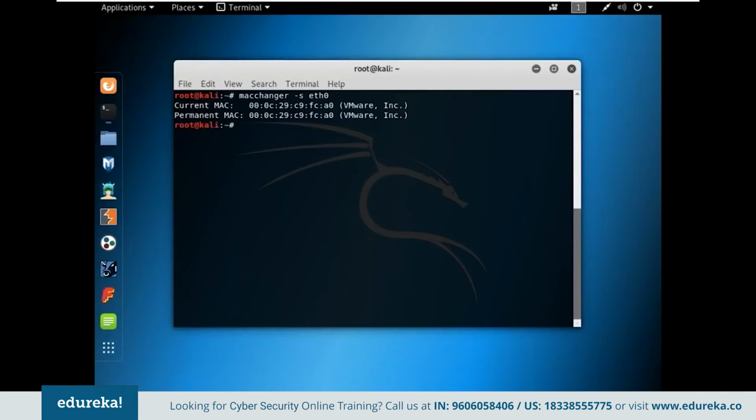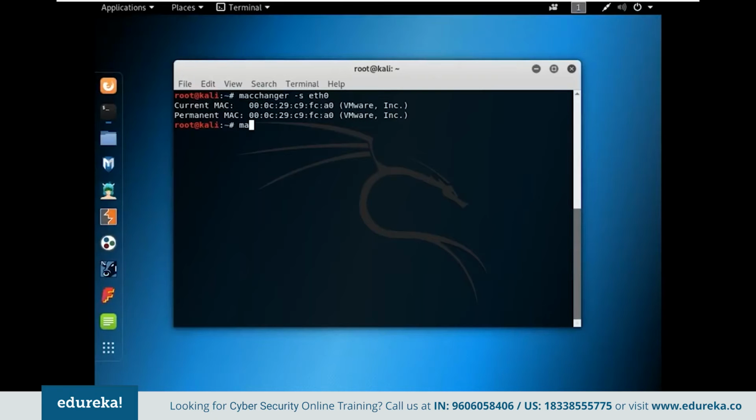As you can see, it shows me two MAC addresses, current MAC address and permanent MAC address. Guys, remember one thing, this permanent MAC address belongs to your network interface card, that's eth0, the device which we just checked the MAC address for. This MAC address basically specifies the address of the device which you're using. So the first 3 octets belong to the manufacturer, and the last 3 are the things which you're going to change.